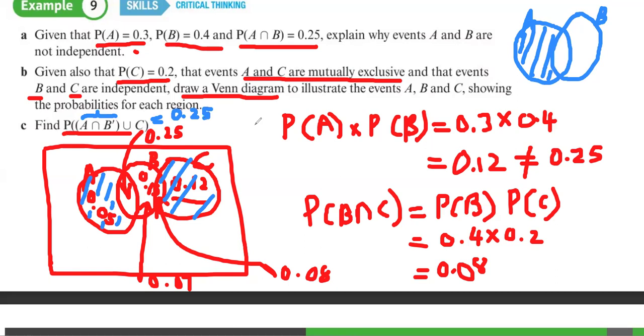Is it okay? Don't we have to take the outside region? Why? Because A intersection B dash means we have to think on